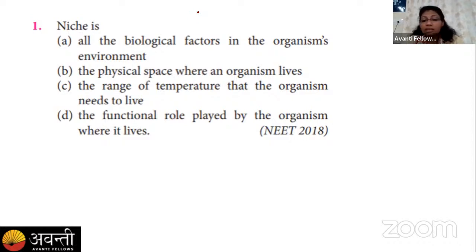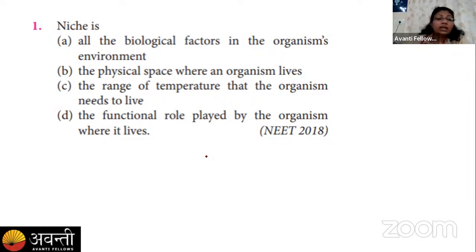You have to feed the answer in this poll. So here is the technical MCQ poll I'm launching. Please give your answer through this poll, and those who are not able to give their answer through the poll can give their answer in the chat box. Okay, so the poll will end in the next 5 seconds. Okay, great. As everyone has given their answer, this is their answer. Everyone has marked option D.